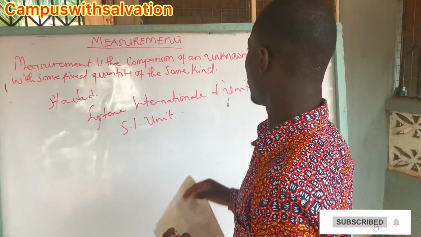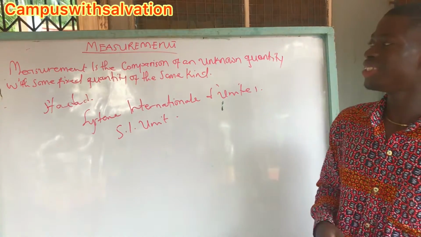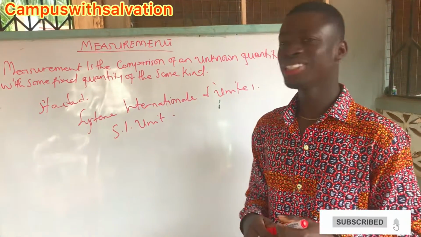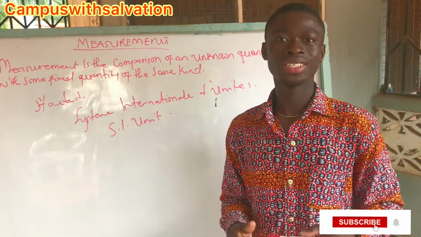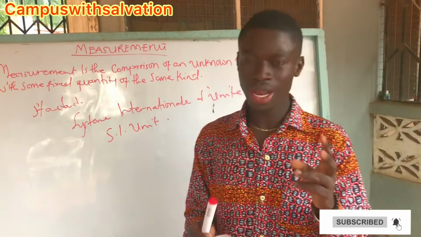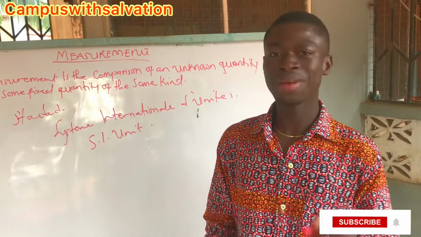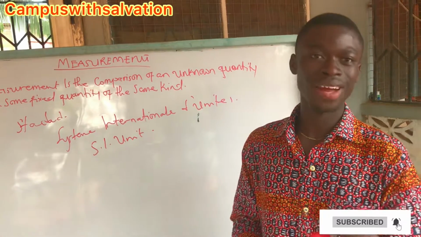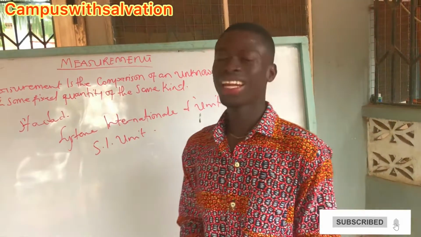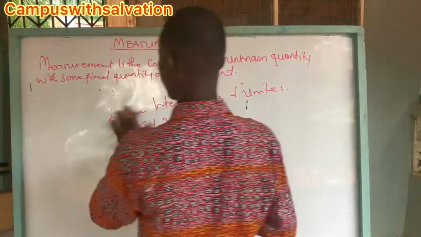So we want to know some quantities with their SI units for now, and later we proceed on how to calculate for them. There are two kinds of quantities. We have the derived quantities and the basic quantities, or the fundamental quantities. There are 7 basic quantities, and they are: